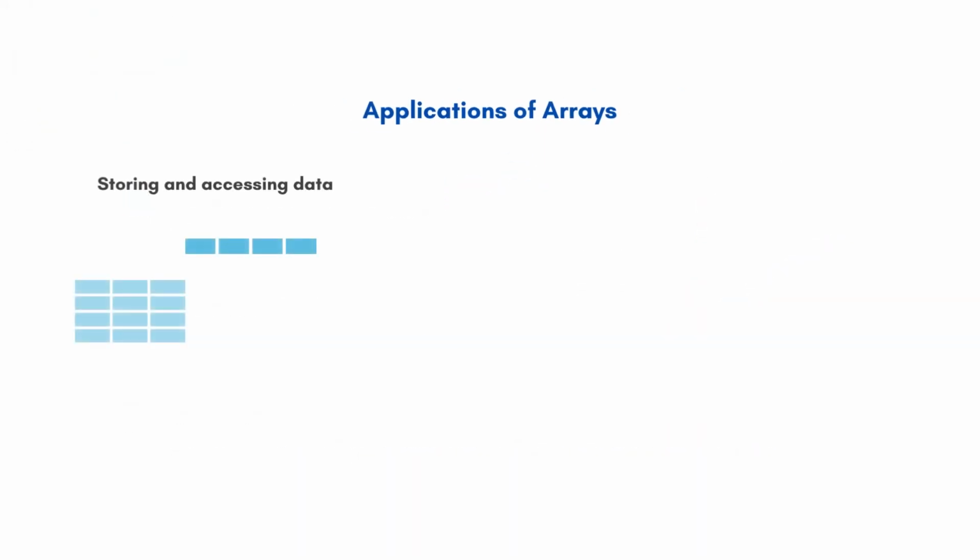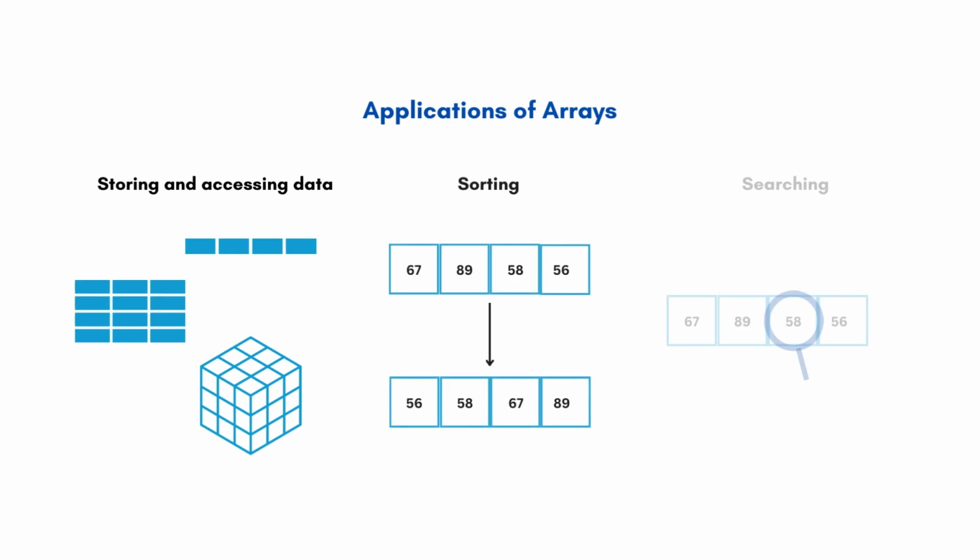Let's discuss some of the applications of the array data structure. First one is pretty obvious, storing and accessing data. Same as we saw in the marks example earlier. Arrays can also be used to generate sorted data in ascending or descending order. Sorting algorithms like bubble sort and merge sort are mostly dependent on arrays. Lastly, searching algorithms like linear and binary search can also be implemented by using arrays to search for a particular